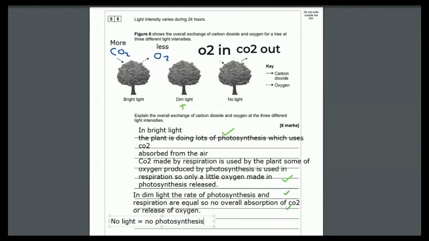And then for the final bit, in no light, of course, you get no photosynthesis, which means no CO2 is going in, but you still got some CO2 going out. Why is that? Well, the plant, although it can't do photosynthesis, it can still do respiration. Its mitochondria can still carry out respiration. It doesn't require light for respiration. So it's still producing CO2, is why we've got a solid black arrow. A lot of CO2 is being released. It's taking a little bit of oxygen in, obviously, for respiration, and it's not really producing any oxygen by photosynthesis. So it's having to get all of its oxygen from the atmosphere at night. And there we go. That's another six marker.